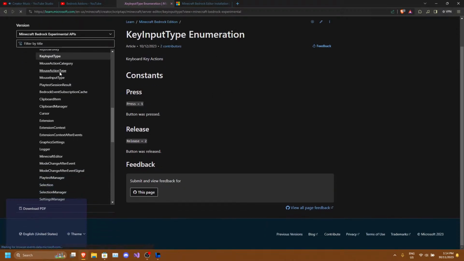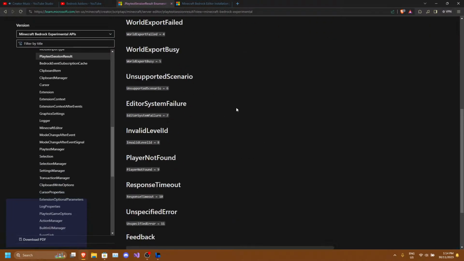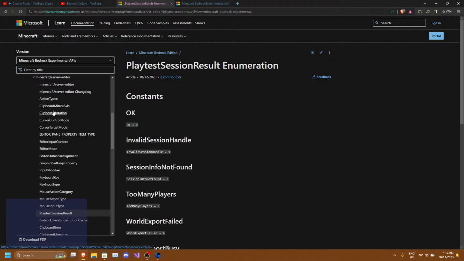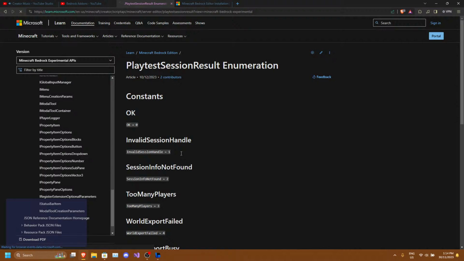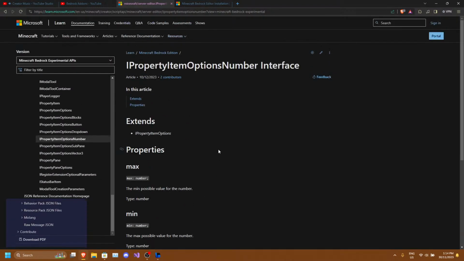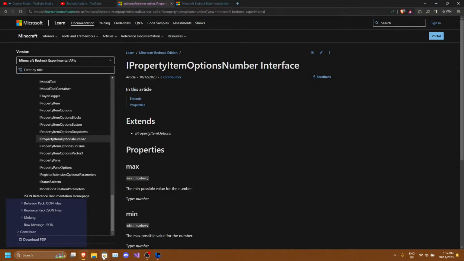And press and release. We can even check the mouse button as well. Interesting. They've outdone themselves with this. All sorts of stuff we can do with this. Might have to play with this later, once I figure it out with the script API, but yeah.